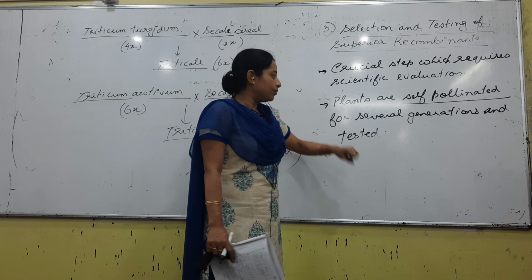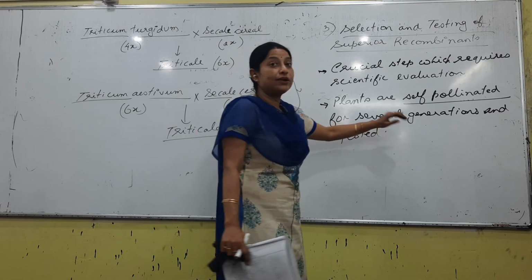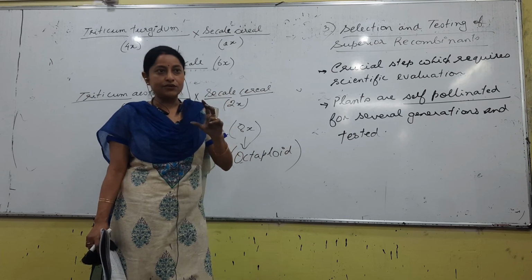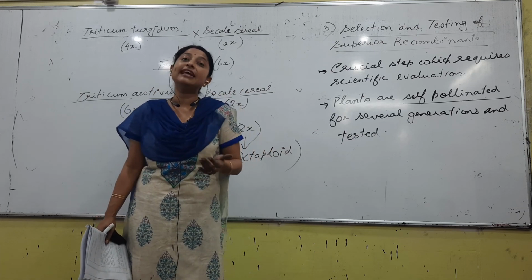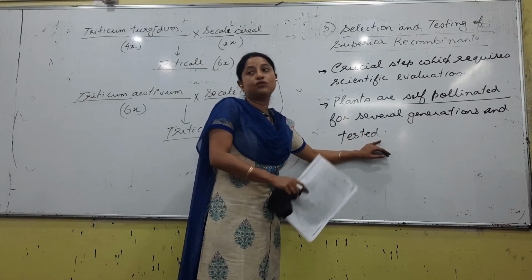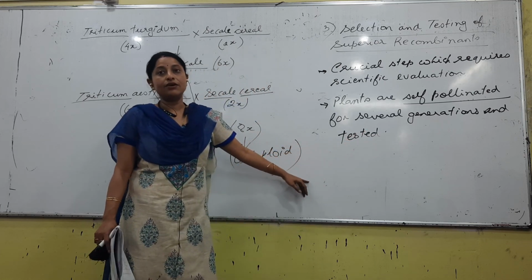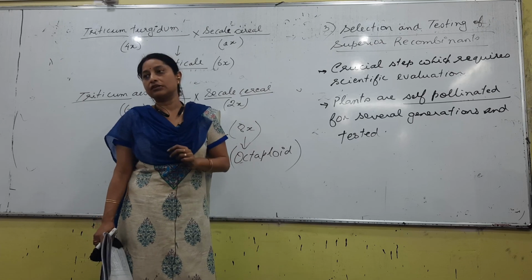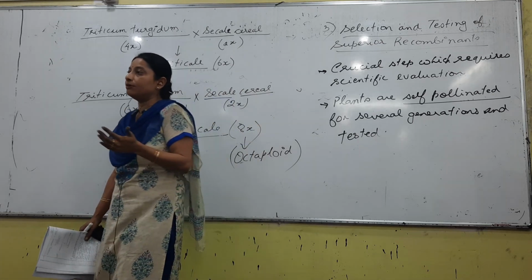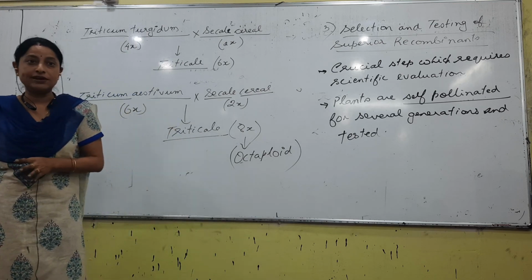One method is you have to keep on growing that plant for several generations. The new plant we have grown, we let that plant self pollinate. For several generations you need to keep on growing that plant just to check whether the quality remains good or not. If it does not hold in one generation, you have to grow and regrow many times. Then if everything is all right, only then you can release the plant.